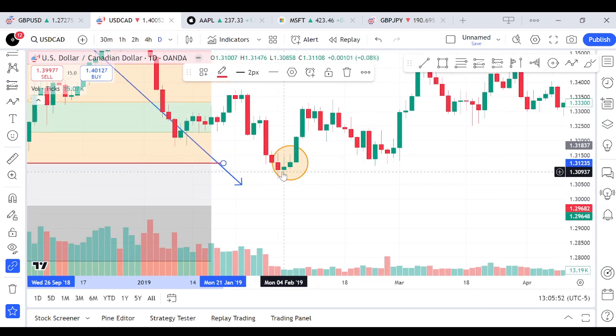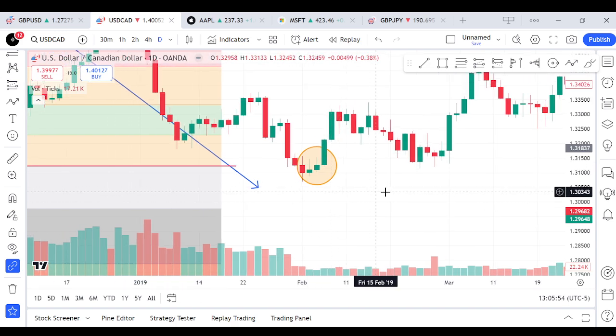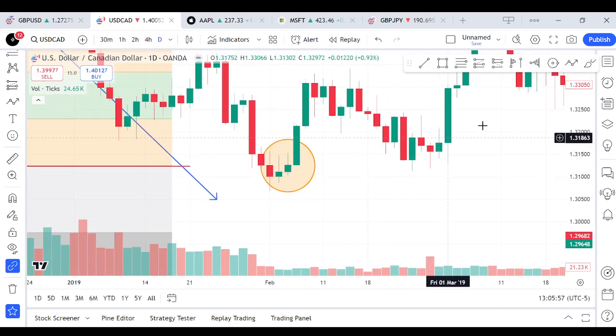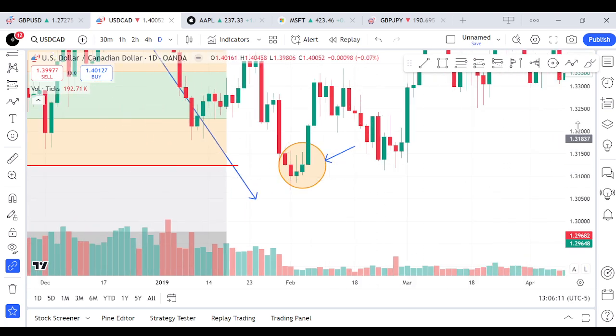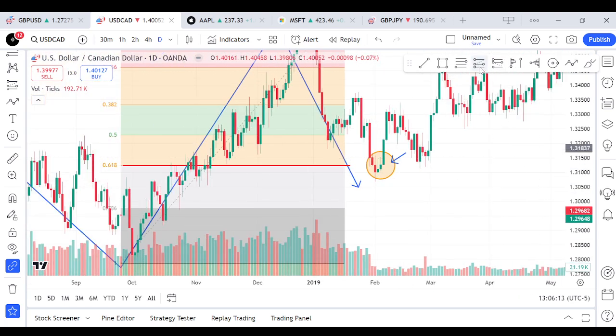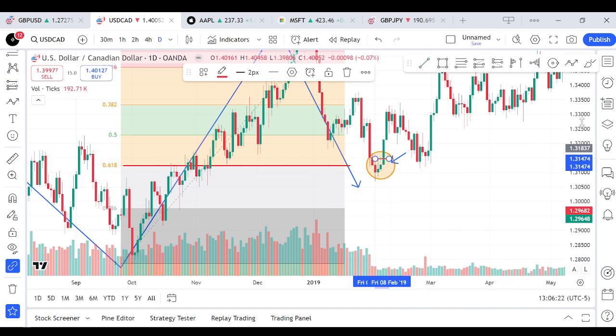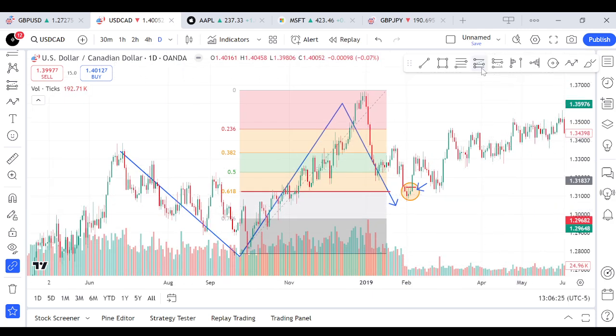I have one here, and that's an indication that we should be looking to buy. You have this longer upper wick and small lower wick, and then the small body in the middle. So that is a valid bullish shooting star candle, and so we should be looking to buy. I can see the candle close above the high of that bullish shooting star candlestick. So we're looking to buy from there,